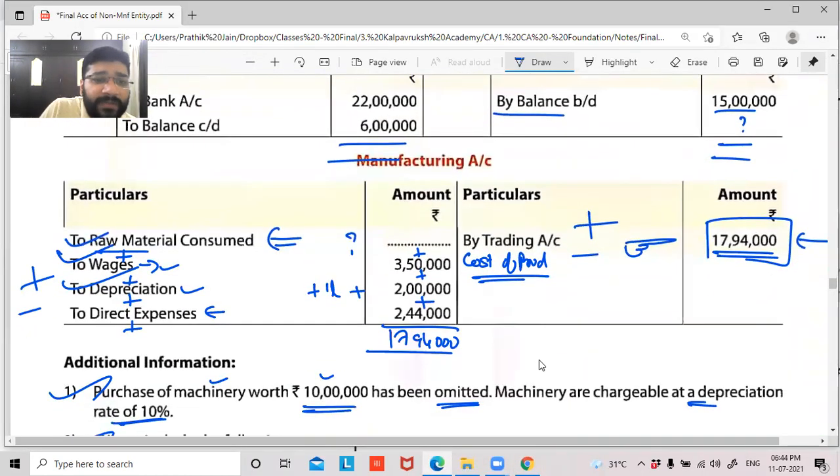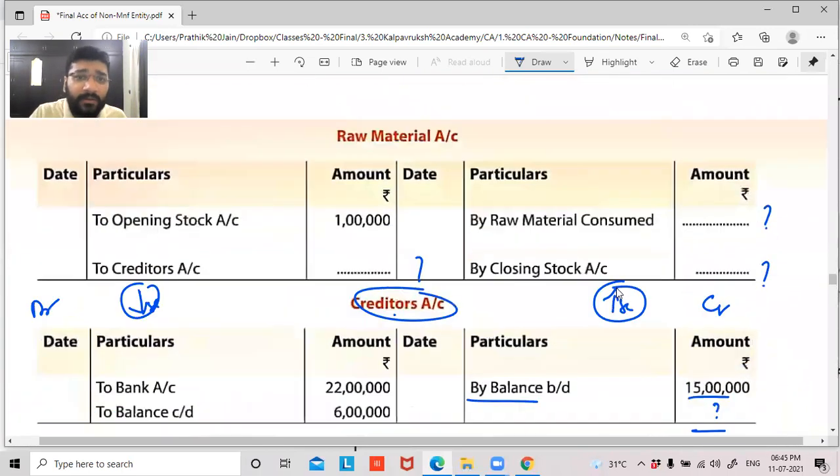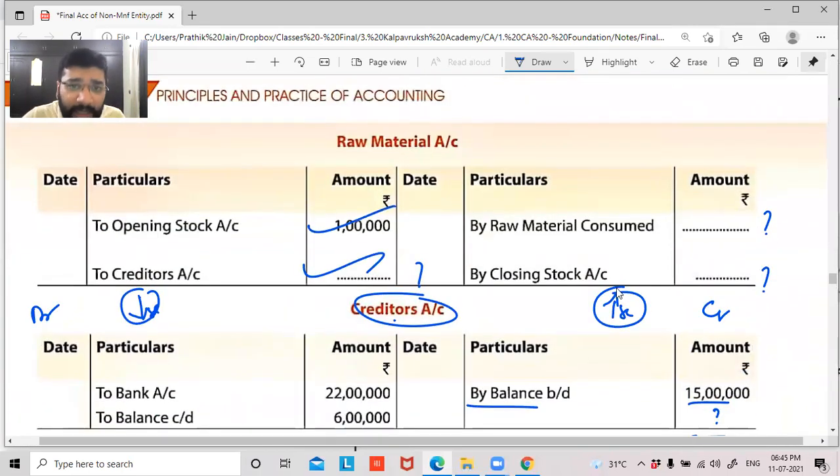Yes, in the manufacturing account, you see, they have directly recorded the raw material consumed. They did not do opening stock of raw material, add purchases, minus closing stock. This is also a manufacturing account, so you can do both ways. If you want to show the presentation within the manufacturing account, you're welcome. If you want to show it separately outside as a working note in the form of a ledger, that is also allowed. So here, this raw material consumption of 10 lakh, how did you get it? Opening stock was of raw material. With that, I added the credit purchase of raw material and I minus the closing stock of raw material. When I do that, automatically I get the RMC.